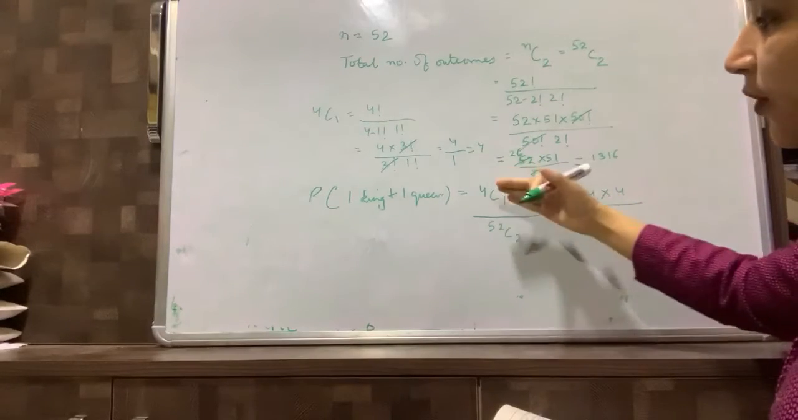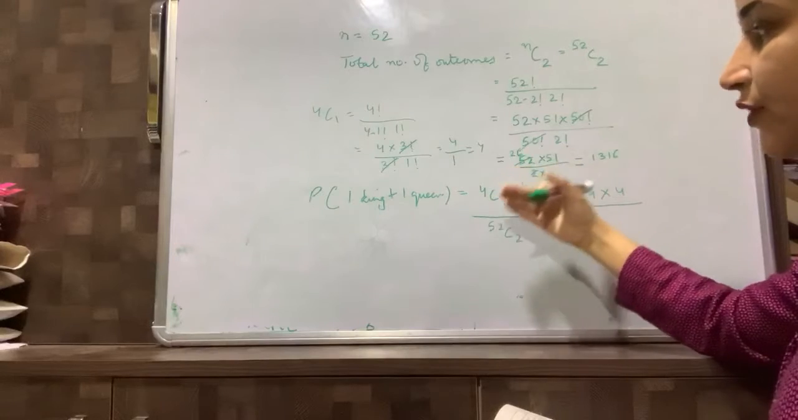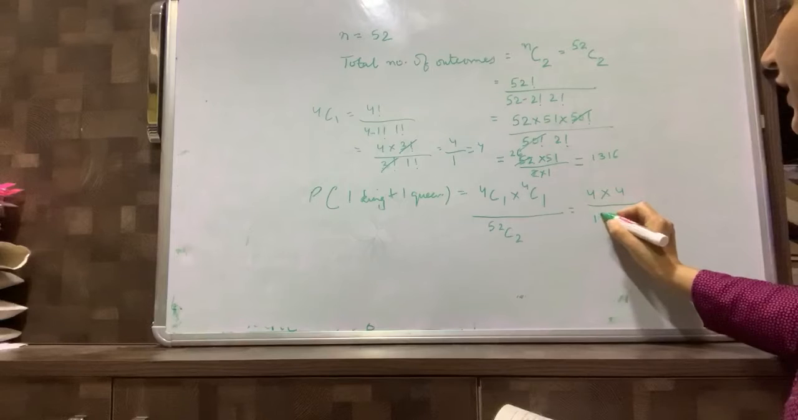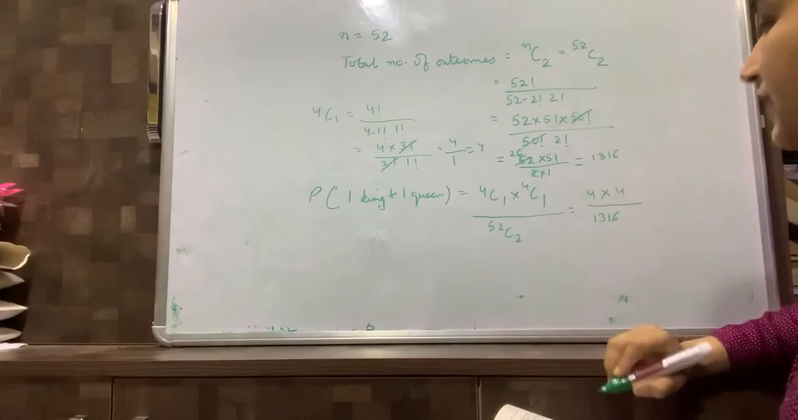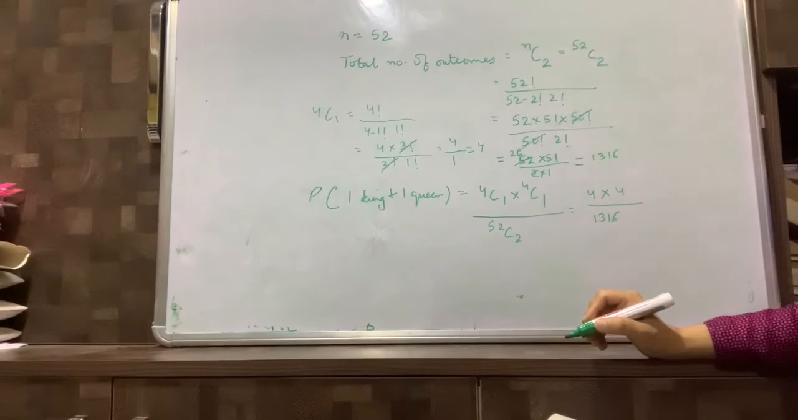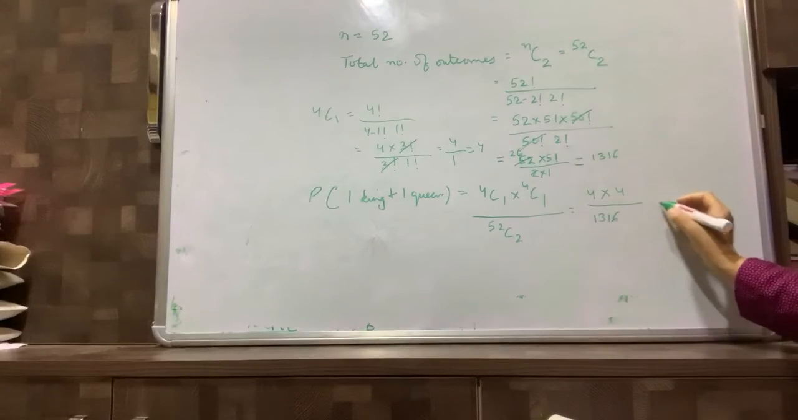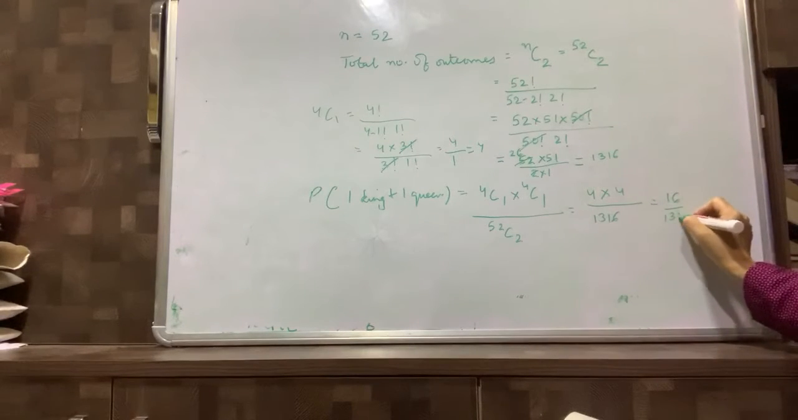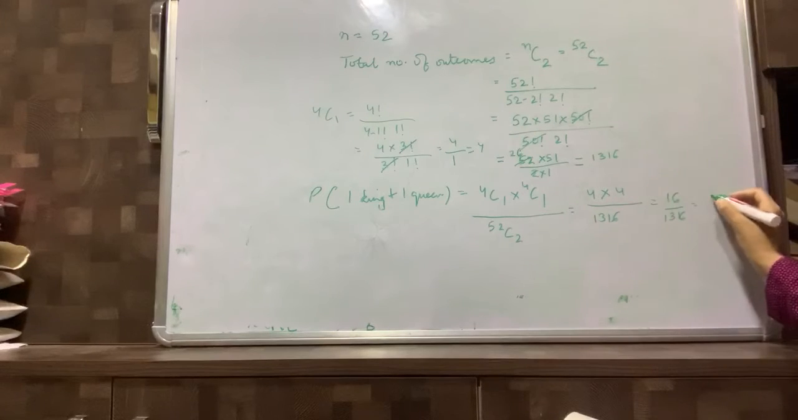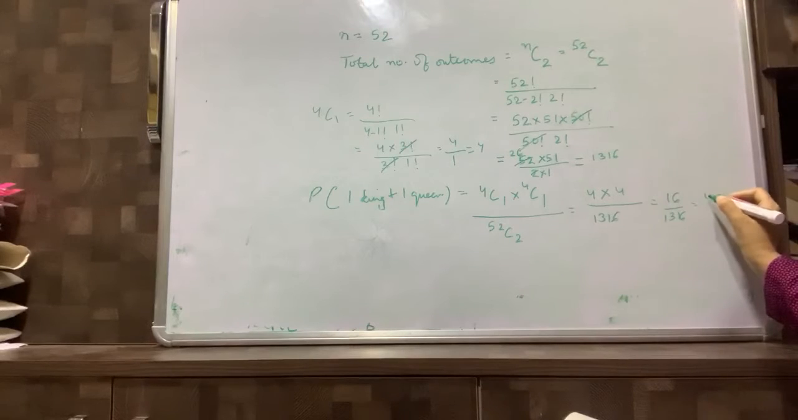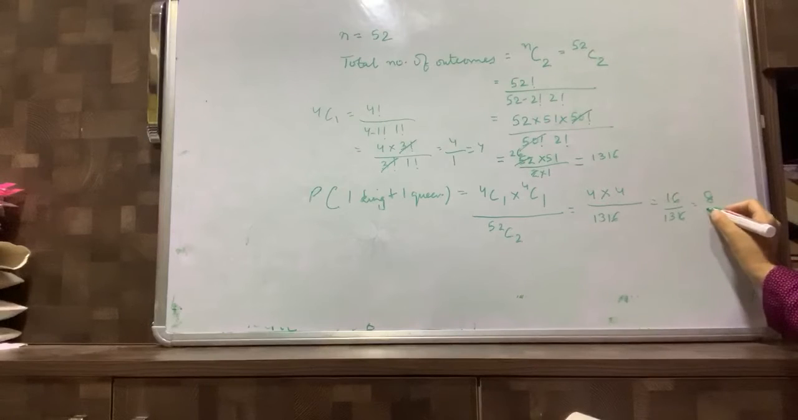क्योंकि probability है तो हमें किसकी रेशो चाहिए? The ratio of favorable outcomes to the total number of outcomes, and the total number of outcomes we have already calculated, that is 1316. So now again if we have to find out the answer, the answer will be 16 divided by 1316, and this is equal to 4 divided by, we can't cancel with 4 here, we can cancel with 2. So we have 8 divided by